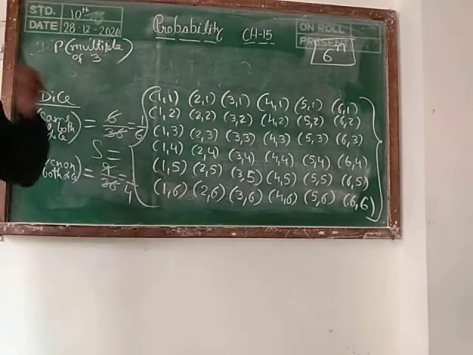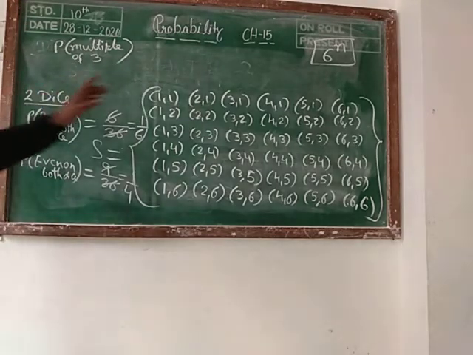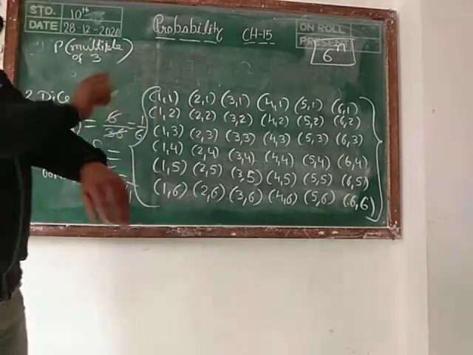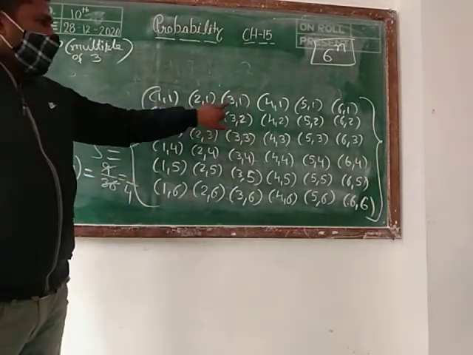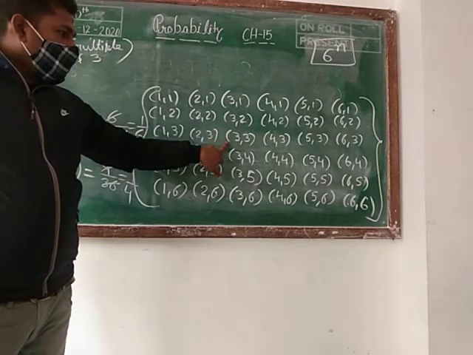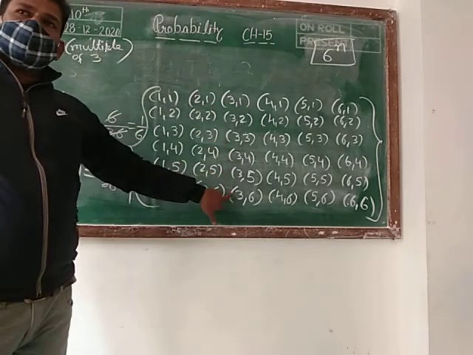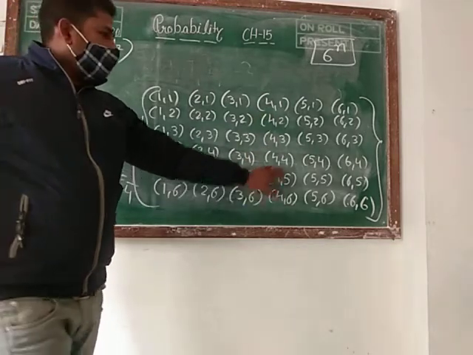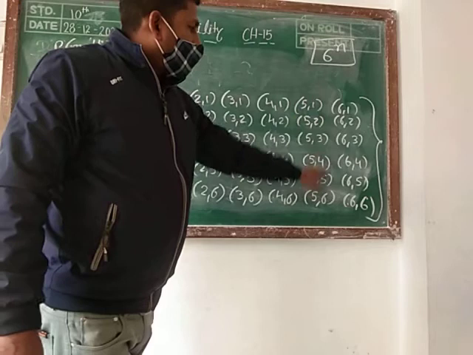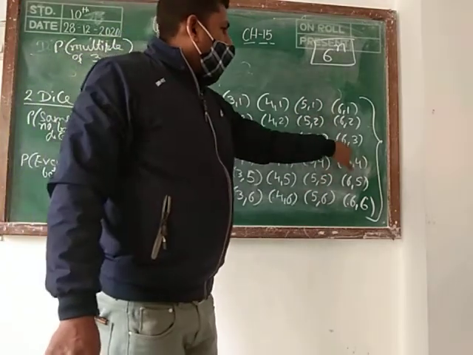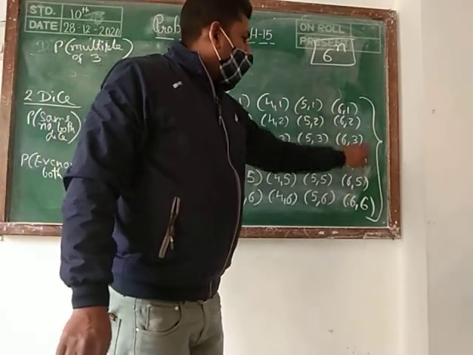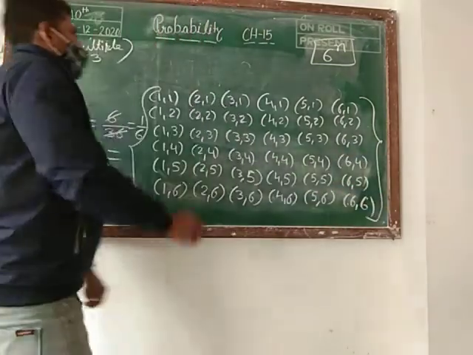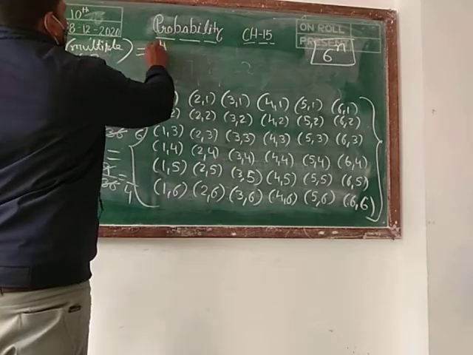Then again, if multiples of 3 are needed, it means we start from 3a. Then this one, 3 3, 3 6. These two are the multiples. Here, if you observe, we are not getting any multiple. Here, if you observe, we are not getting any multiple. Here we are getting the multiples 6 3 and 3. Only 4 we are getting. Then 4 upon 36.